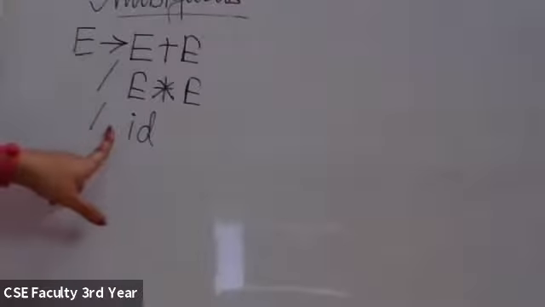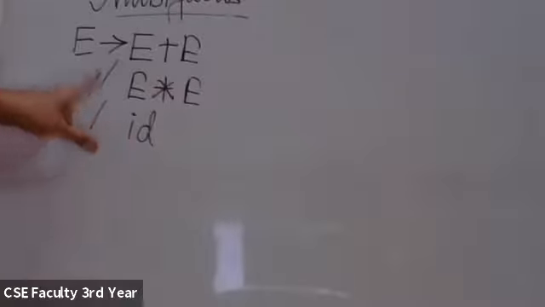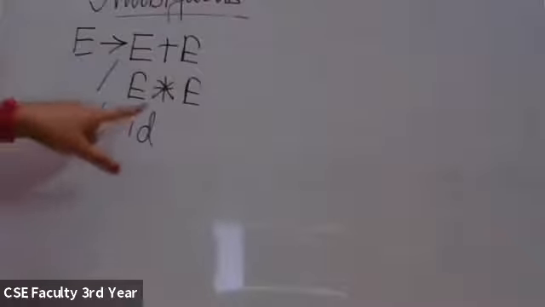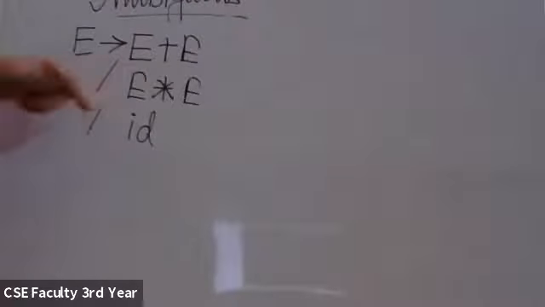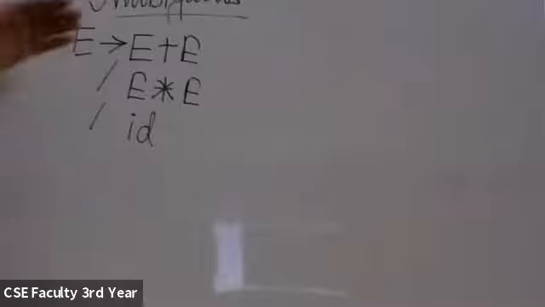Different level means it should be at a different level in the parse tree and in the grammar also. This is not different level. This is same level. Why? LHS is only one. RHS might be three, but LHS is only one. That means these three are in the same level. First, you have to understand it. Because these three are in the same level, we can write multiply first, or we can write plus first. So we have to eliminate this option. We have to make it different level.